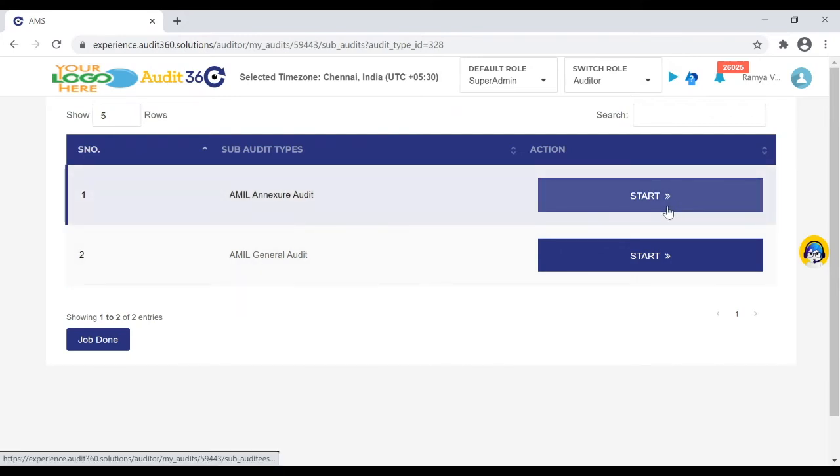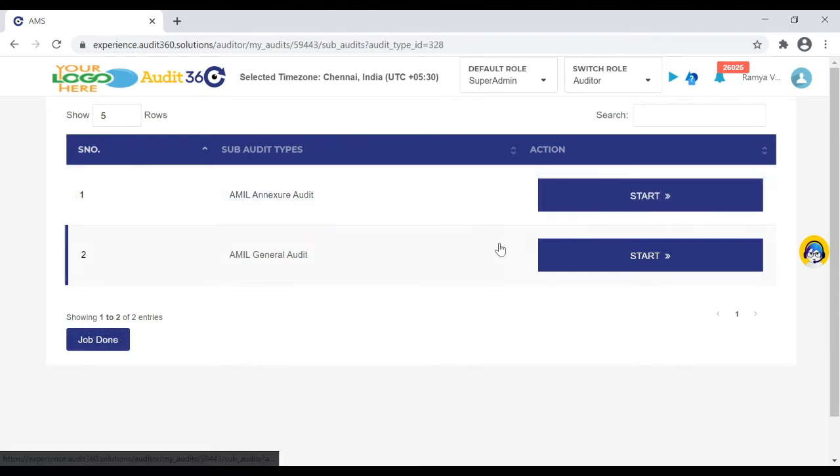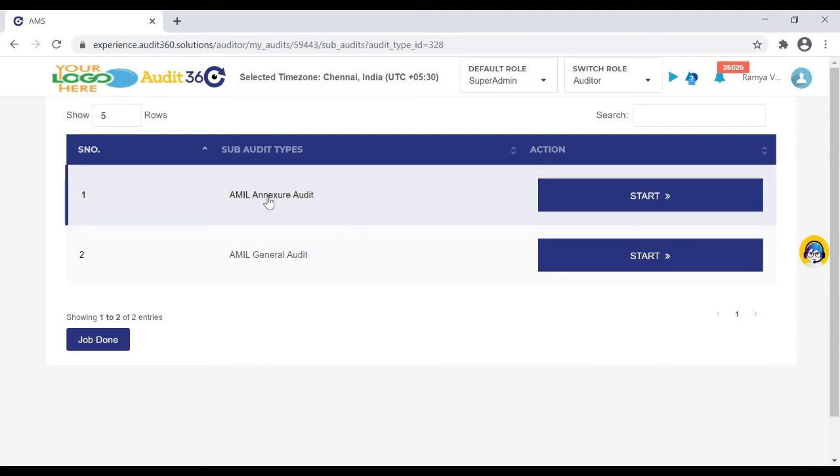What we would have here is, if you're starting any of the PI, then until the PI, the primary identifier or sample which you are executing, gets completed, in between you cannot click on job done. Once you complete that, you can click job done. When there is only a general parent audit, where the checkpoints can be executed in whichever order and however many you need, you can click on job done. So there is no restriction on complete audit execution or group execution here. The restriction is only on the execution for the primary identifier.